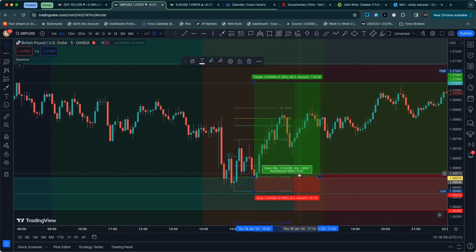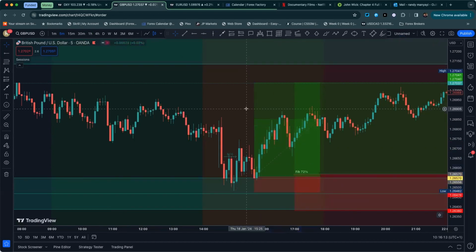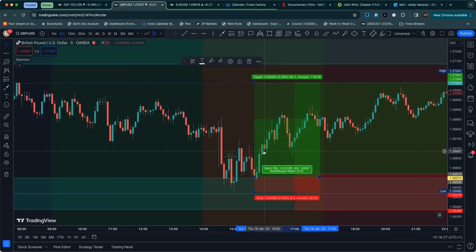Now, here's the interesting part, guys. Most of these prop firms, for phase 1, you only need an 8% to pass, and then for phase 2, sometimes it's 4 or 5%. Now that you have your trade here, it's a 6R trade, and this is an A+ setup. So what you need to do is risk